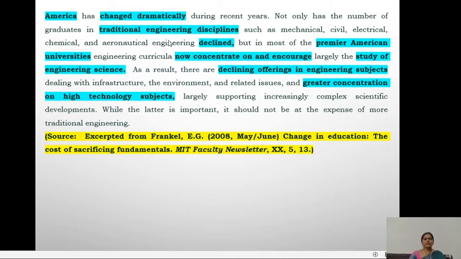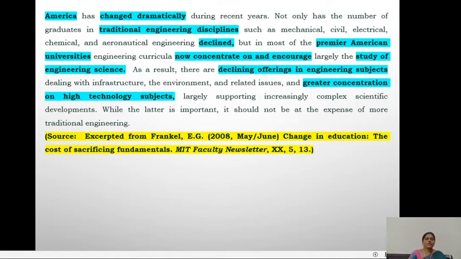In the same way, we have taken one more thing here. It's a bit of an article, not a complete article. To show you how to summarize, I have just taken the original text, and now we are going to summarize that. And of course, the source from where this bit of the article or text is taken is also given here. So how to summarize is, first we have to read the text, and whenever you come across the key ideas or the key points, try to underline them or make a note of them separately.